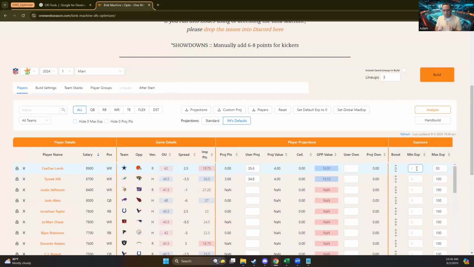But the Bink machine, and what makes it very unique and special, and how it fits into how JM thinks about lineups, how I now think about lineups, is I can set a minimum exposure. I can tell the optimizer I want between 26 and 30% exposure to CD Lamb. So it's going to actually try to fit CD Lamb in 26% of my rosters. 26 to 30%. Not more than 30, and not less than 26.